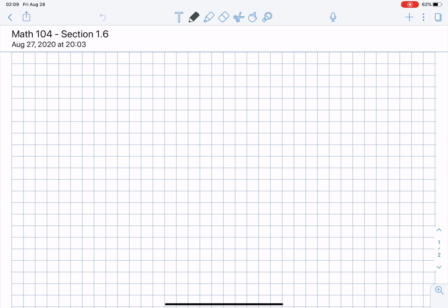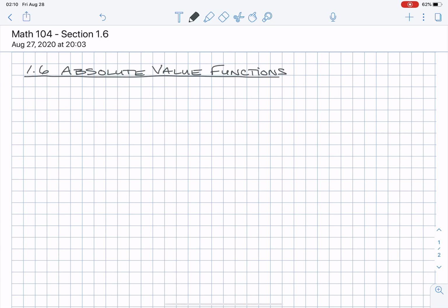Okay, so welcome to 1.6, which is the absolute value functions. Absolute value functions. And we remember that the absolute value has a graph that looks like a V, right? So let's recall that if we have f of x being equal to the absolute value of x,